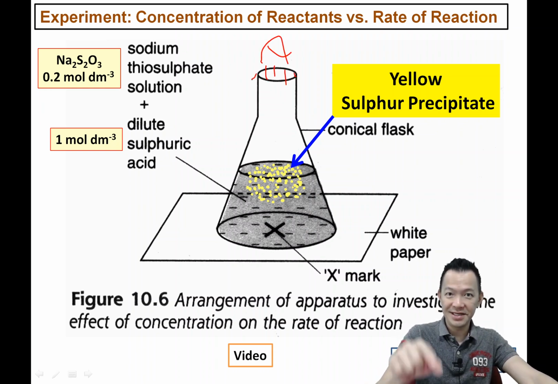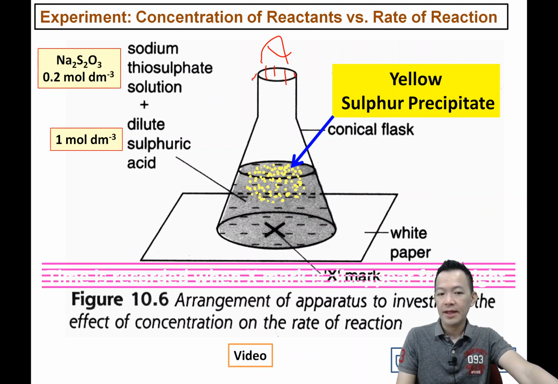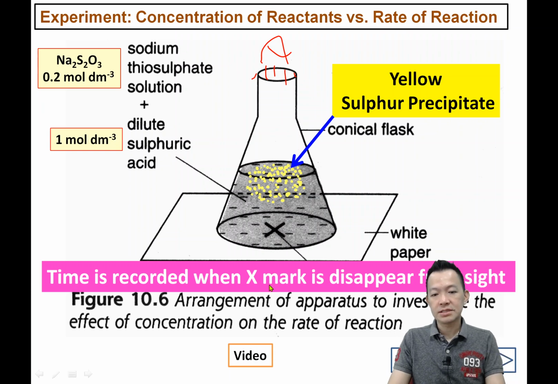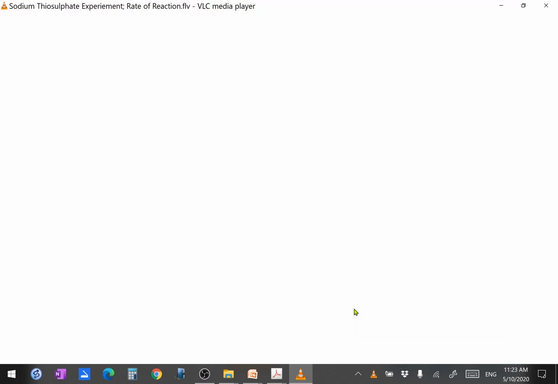画到很难看的眼睛，对不对？这就是你的眼睛。当你从上面看下来，when the precipitate become more, they're going to block the X. 它就会把那个 X 遮掉，看不到。So the time record when the X mark or the mark X is disappear from sight. 什么时候才记录你的时间？什么时候 stop the stopwatch? The time record when X mark disappear from sight. 当你在上面看下来，这个 X 看不到的时候，you stop the stopwatch，你就停止你的 stopwatch。But how？它的情况到底怎样的呢？Maybe we have to watch a video 了，我们要看它的 video，你才能有那种现场的感觉。So start now，看看当时发生了什么事。